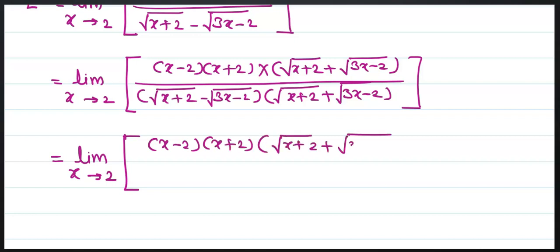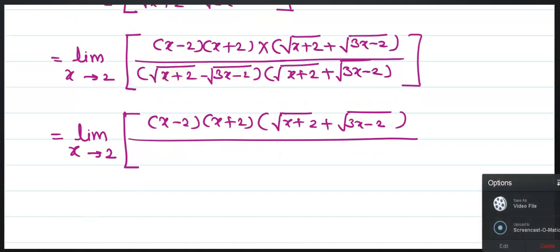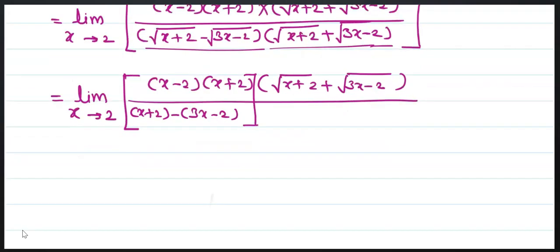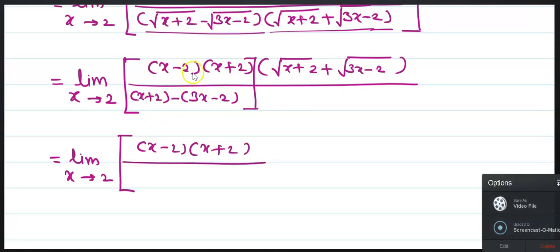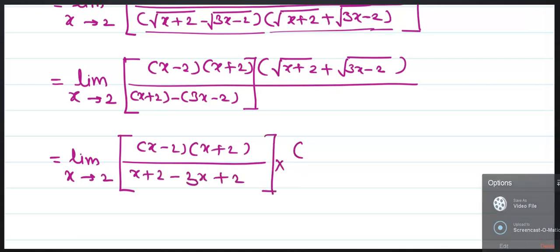Therefore, the limit x tends to 2. And to the denominator, the radicals will get cancelled from these two. See this. This is the next step. You can see this here. That is in bracket x minus 2 into x plus 2. In the second bracket, that is here is root of x plus 2 plus root of 3x minus 2, and to the denominator radicals in this getting cancelled. Into